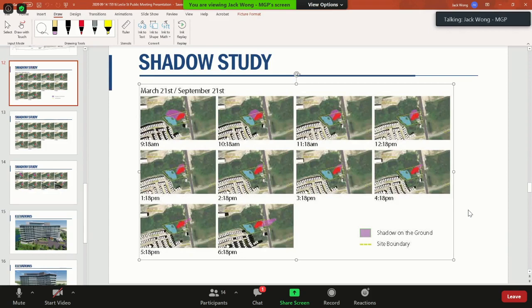Through Mr. Chair, the color of the shadow on the ground should be the purple color. Based on this time of the year, during March and September, our shadow study tells us that the shadowing is actually away from the pond. Great. Thank you. Thank you very much.